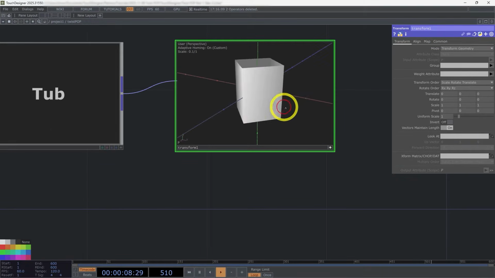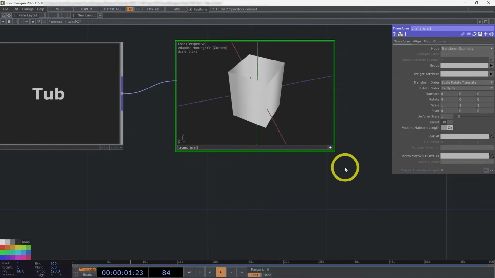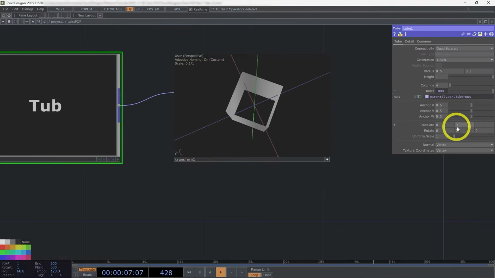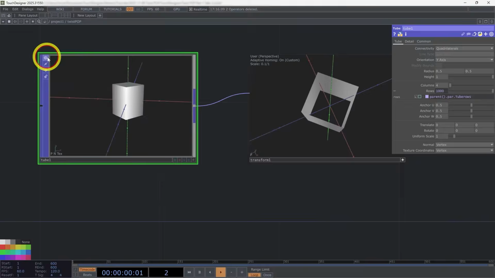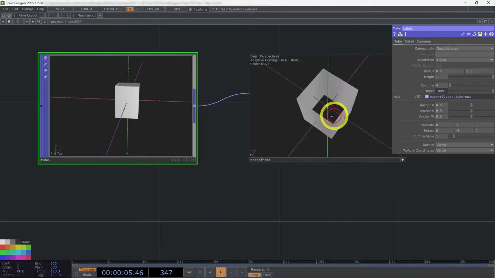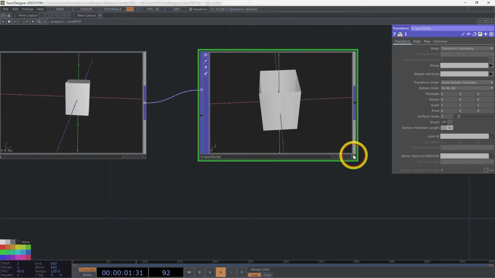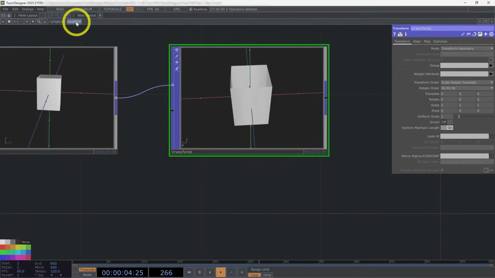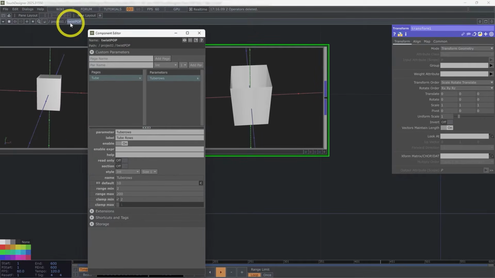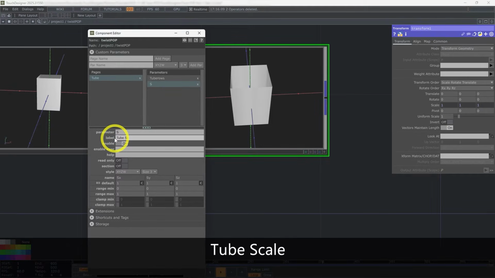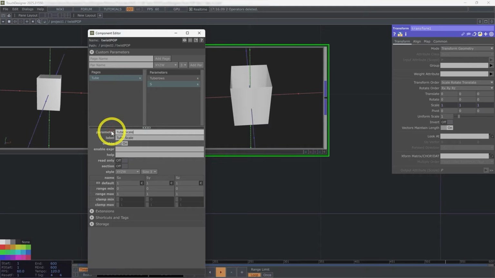I'm going to use this to actually transform the scale of our final tube. And before I do that, I want to rotate our previous step by 45 degrees in the y-axis so that our tube is now aligned to the axis. That way we can scale it without skewing it. So I'll go ahead and customize my twist pop again and just drag scale over here, and again bind new pair as master, and then rename this tube scale. Again, I can copy and paste that into the parameter